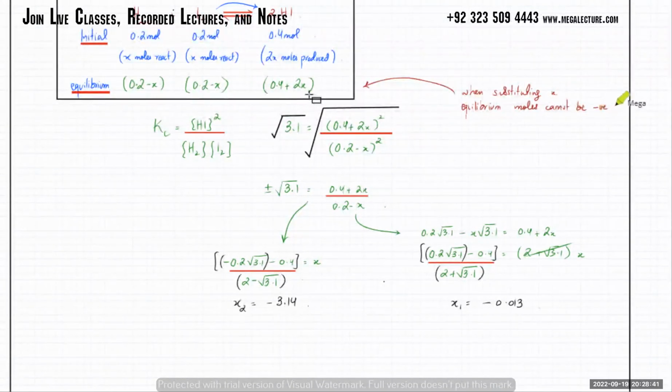I said they cannot be negative, which is why I'm going to cross out this value. The value that we get is wrong. Why? Because it gives moles in negative values. So then substitute the other value. So if we substitute the other value,